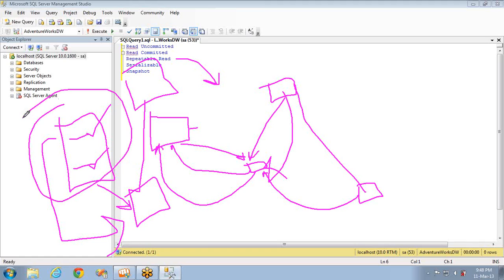That's how repeatable read avoids the concurrency issues, and the only one left will be phantom reads. Why is the phantom read still present? This transaction will have a shared lock on this data so that it will maintain the same data consistently. But when the shared lock is there, a third transaction can insert data into the same table.